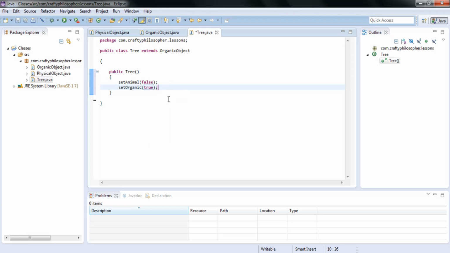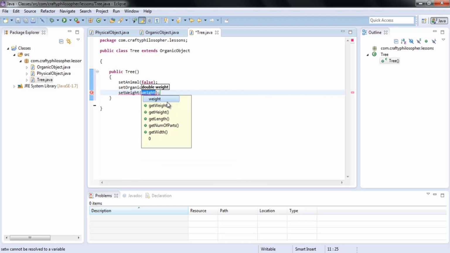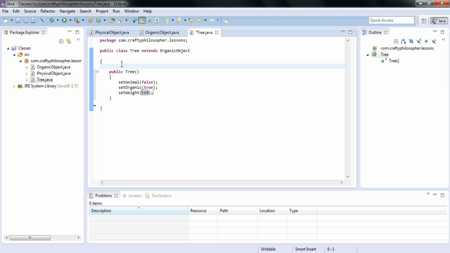So when we make the object, we know it's not an animal, it's going to be organic. And we can set weight to be, I don't know, 500 kilos for example, depends what you're doing it in. And so you're using all the methods, and then after that you can go outside and you can add extra things like